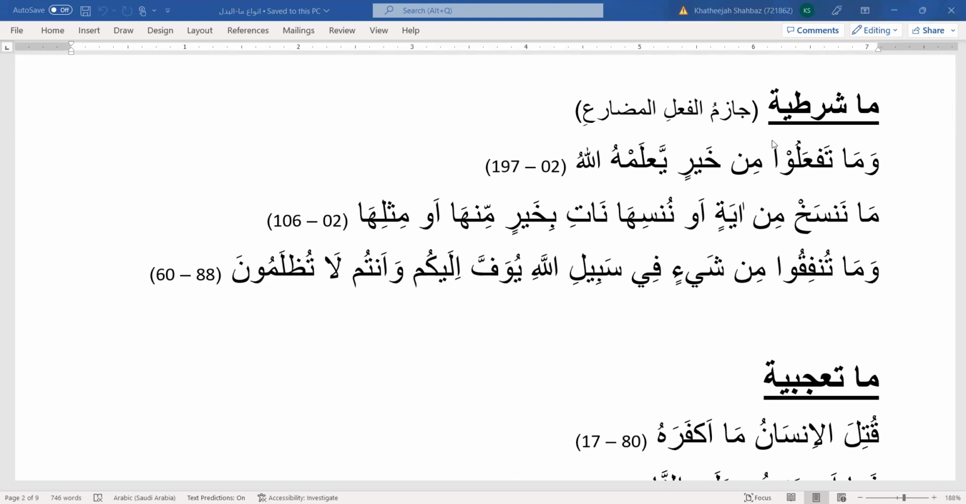Because ma shartiya is one of the jawazim al-fi'l al-mudari. If you remember, the other jawazim are li, lam, lamma, and the conditional sentences starting with in, man, ma, and ainama. So this is one of those, ma shartiya. And it will be very easy to recognize it when you go over these examples. For example, the first one is